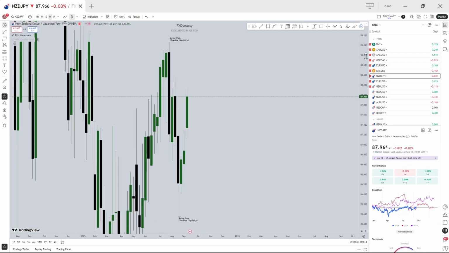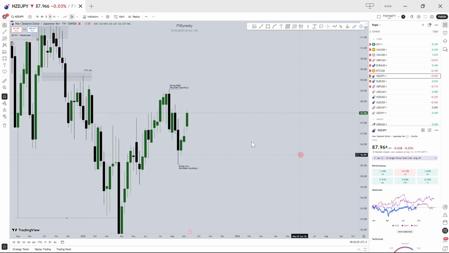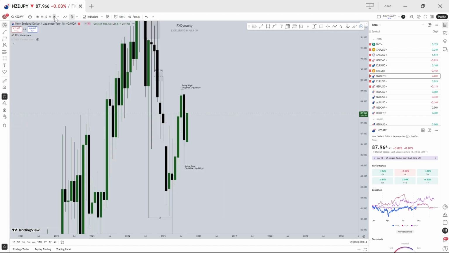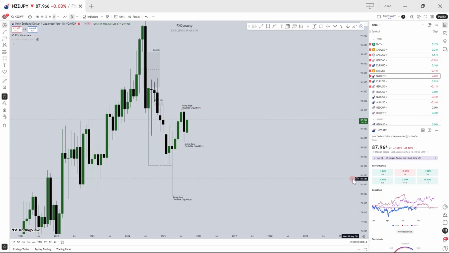NJ, I was actually expecting bearish movement last week, but that did not occur. You can see that price just kept on running to the upside. But since that did not occur, what I'm expecting now is that we should take out this high. If we take out this high, then we know that we have continuation of this bullish movement,